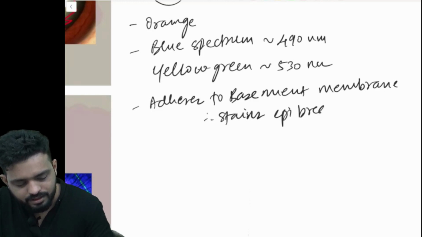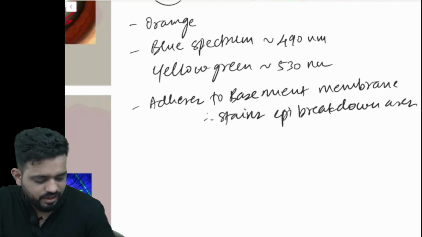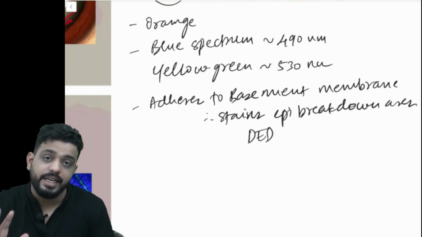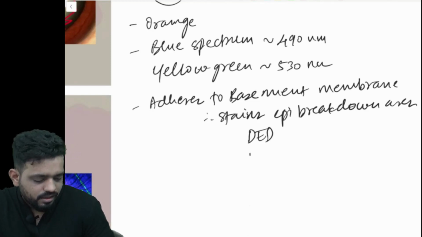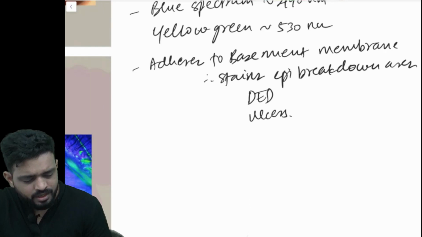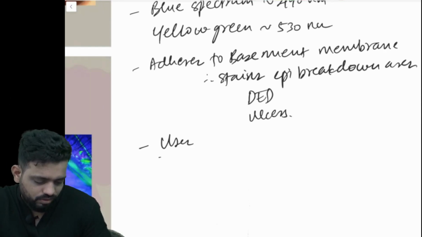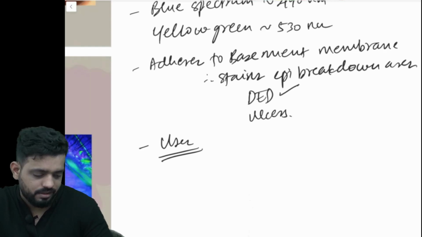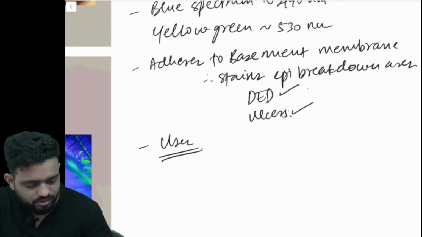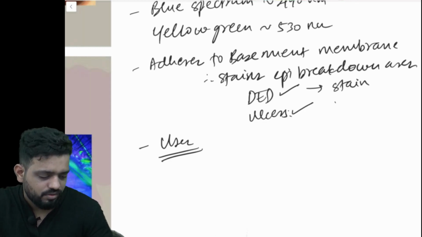Adheres to basement membrane and therefore stains epithelial breakdown areas, and these areas are very common in DED. DED means dry eye disease, and corneal ulcers. Okay. So what are the other uses? Very important other uses. These two we now know: it will be used in dry eye disease and in corneal ulcers. In dry eye disease, in severe cases it will take up the stain. You can also